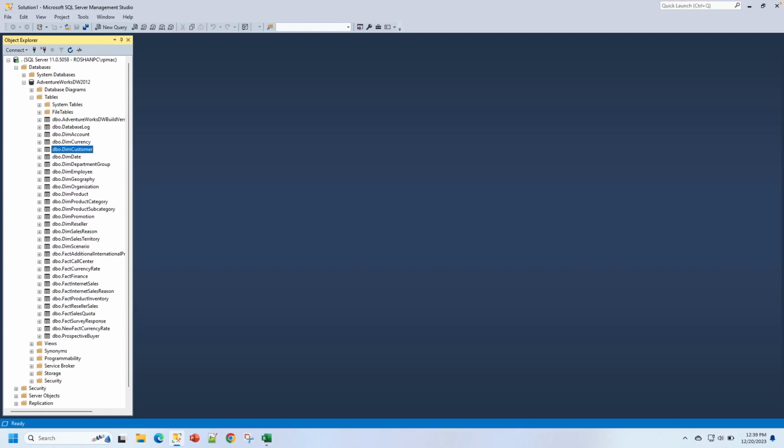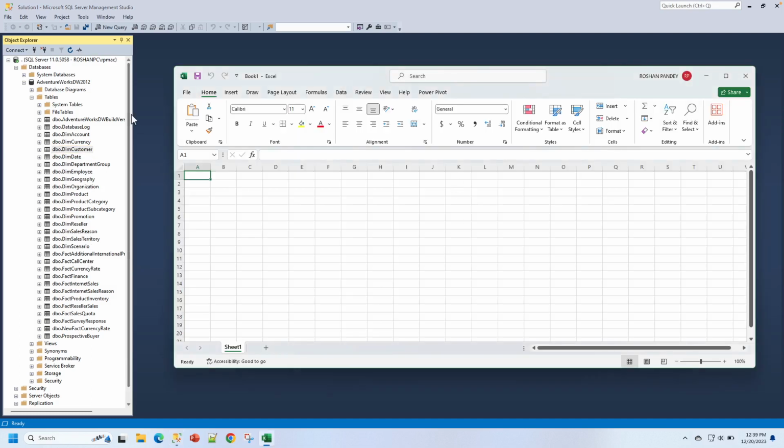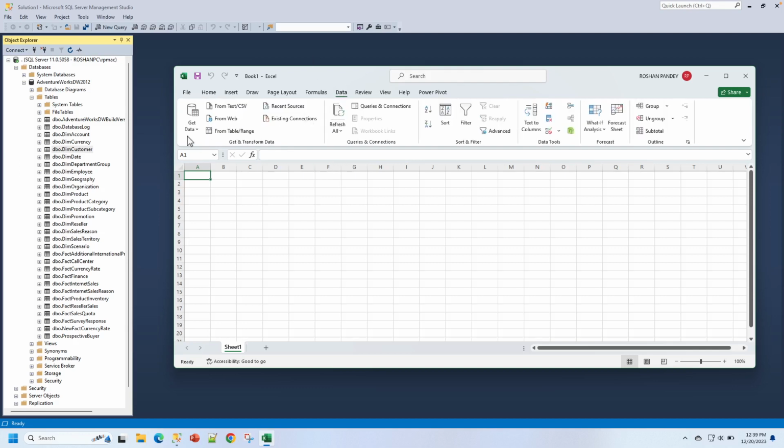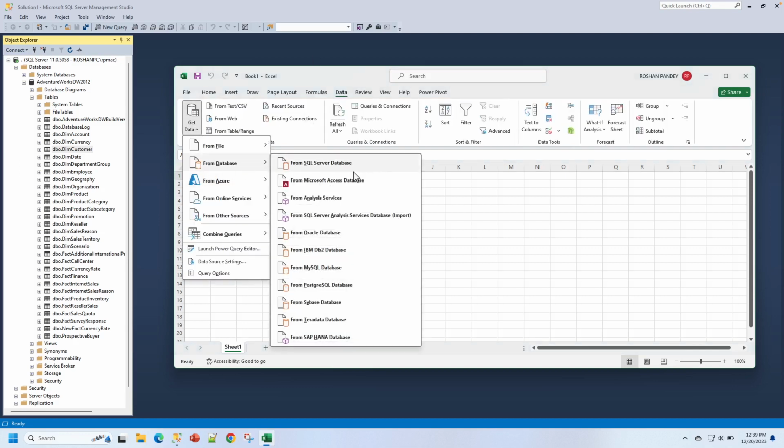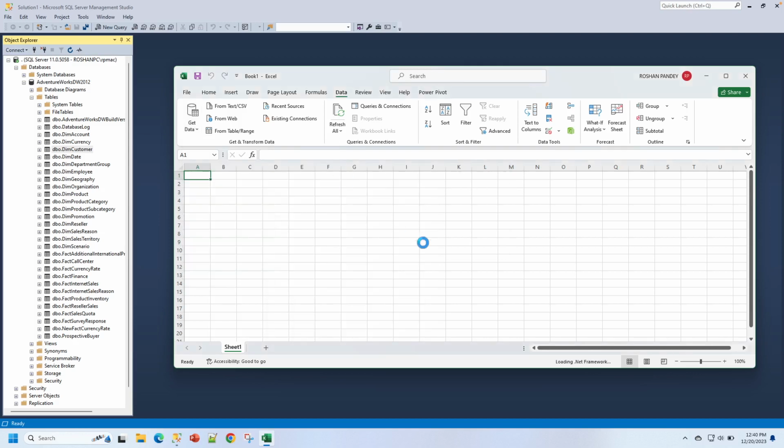Here I have an instance of SQL Server, and I have a bunch of tables that I can connect through Excel. Let me fire up Excel, and you can see this is the default screen in Excel. I can then go to Data, go to database, and connect to the different databases available. In this video, I'm going to talk about how this can be done for Microsoft SQL Server. If you click on Microsoft SQL Server, it'll give you an option to